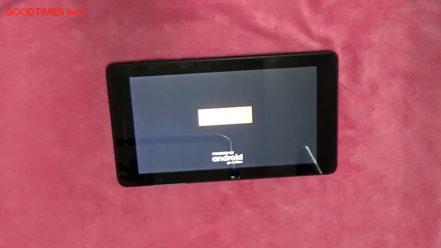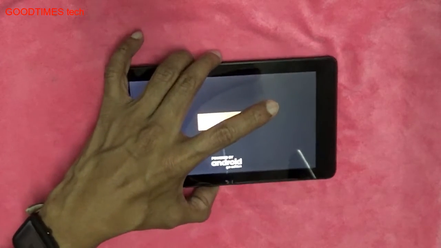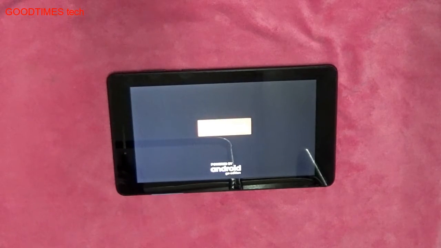If the tab had only the pattern lock problem, the hard reset may solve it. If you have linked a Google account to the tab, then we need to unlock the FRP as well. Let's see if this tab has a Google account, then we'll continue with the FRP unlocking process.